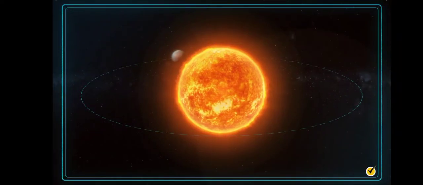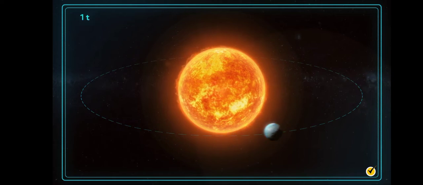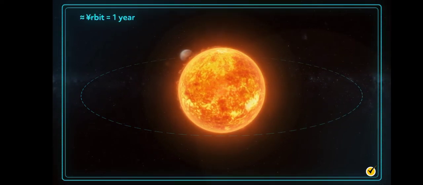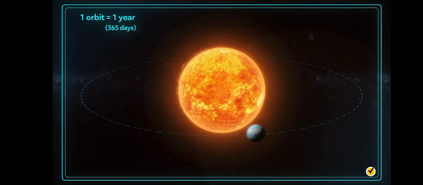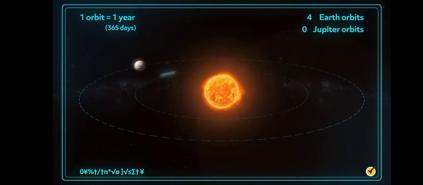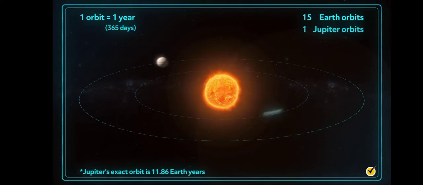Know that Earth and the rest of the planets rotate around the Sun. One trip around the Sun is equal to 1 year. The official name for this trip is called an orbit, and one complete Earth orbit, as we know, takes 365 days. Jupiter's orbit, for comparison, takes 12 Earth years. Jupiter's a lot further from the Sun than we are, so as you can imagine,